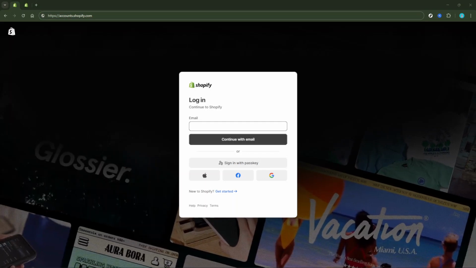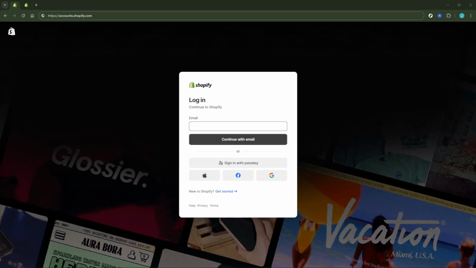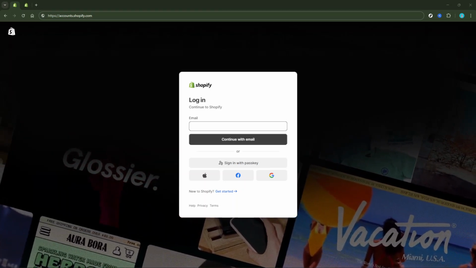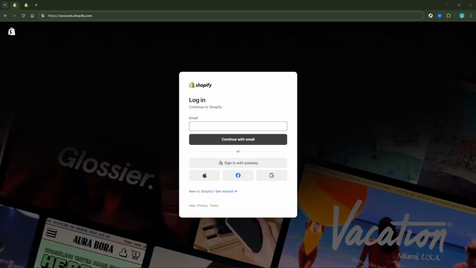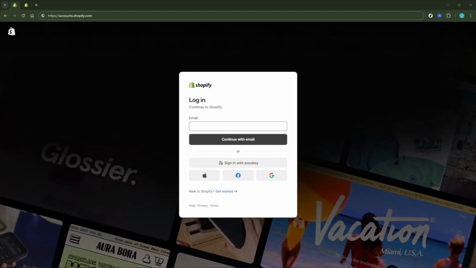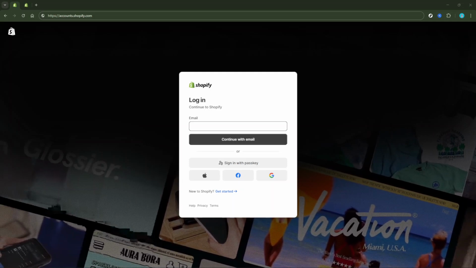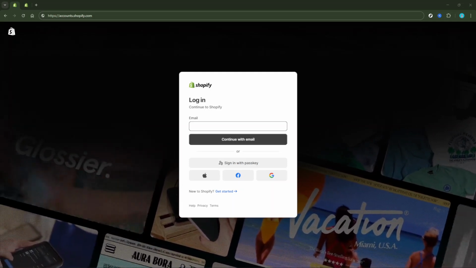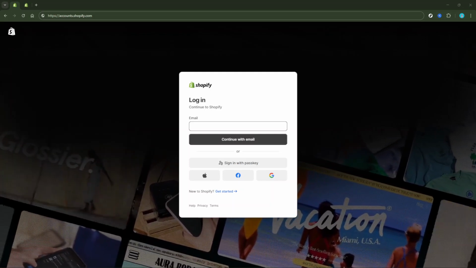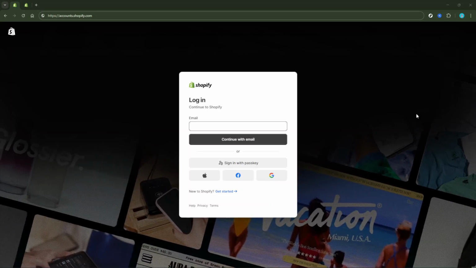In today's video, I'm going to teach you how to show different banner images on desktop and mobile in Shopify. This can be incredibly useful for optimizing the appearance and impact of your online store, ensuring your visual content is tailored to different devices. Understanding the nuances of how your site appears on desktop compared to mobile is crucial in this day and age when many visitors access websites via mobile devices. So, let's dive in and walk through this step-by-step guide to making these changes.